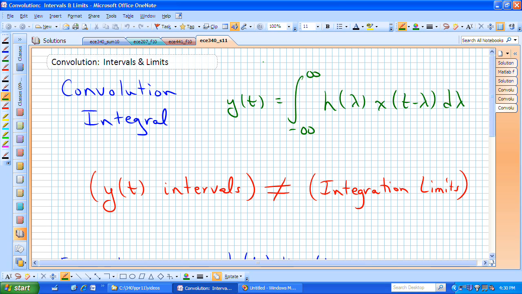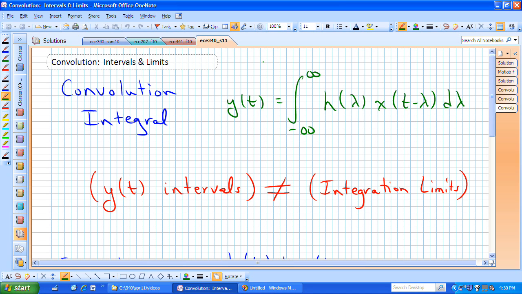Welcome back to another convolution session. This particular session I'm entitling Convolution, Intervals, and Limits. And what I'm hoping to drive home in this session is the fact that when you're computing these convolution integrals